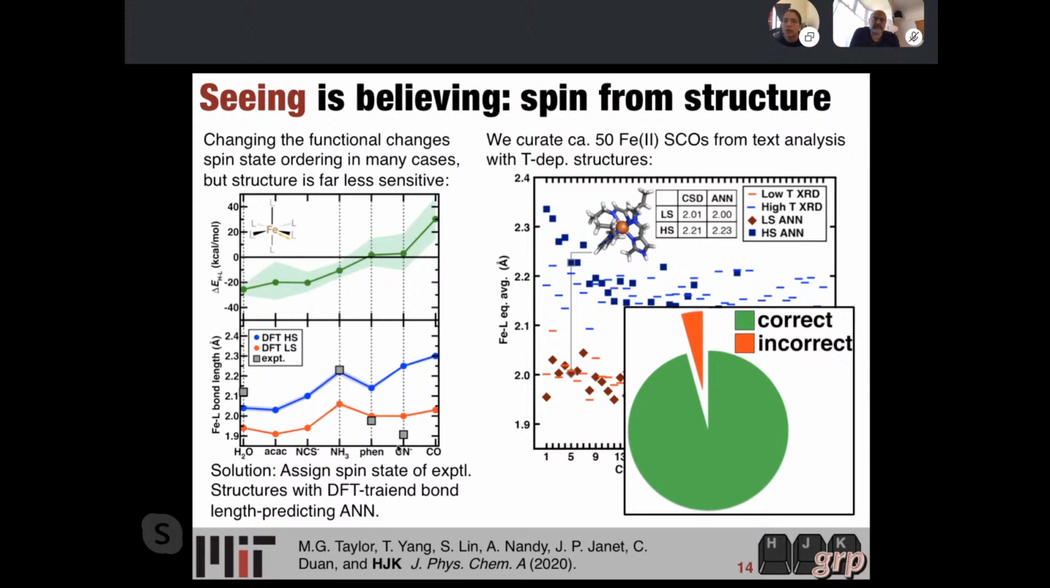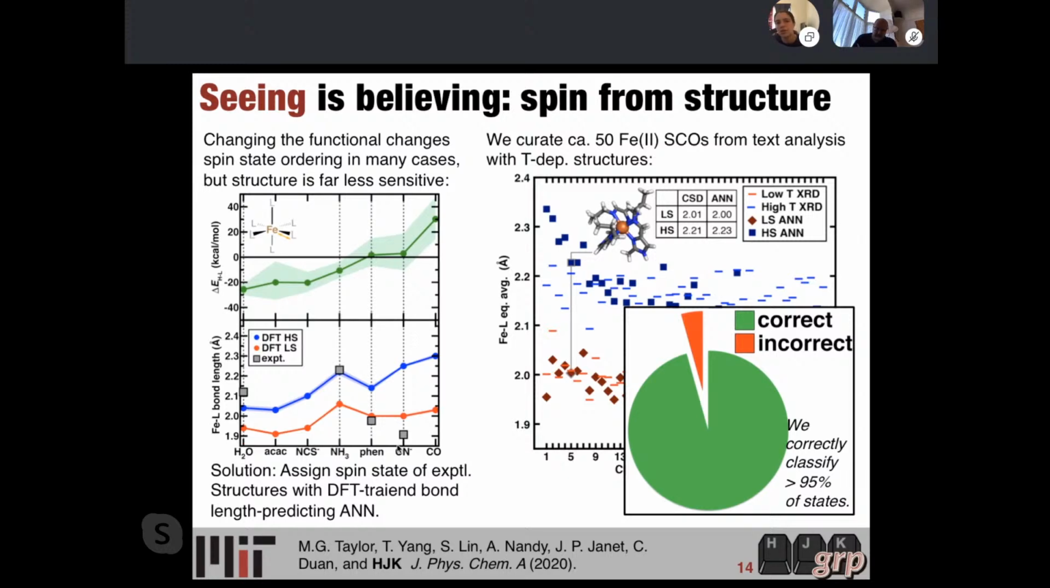And so when we do this, we actually end up with about 96% of these spin crossover complexes I just showed you getting correctly assigned in their correct ground state, and about 4% get misassigned because the neural net prediction sits between the high spin and low spin bond length. And so this is trained on just cheap DFT data,